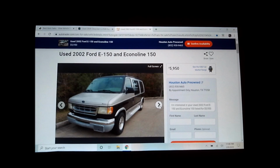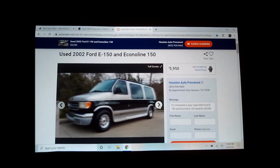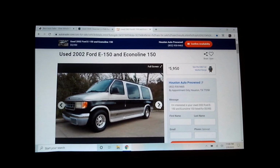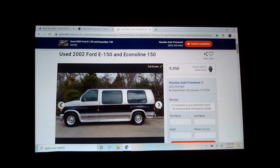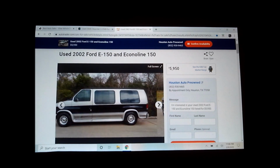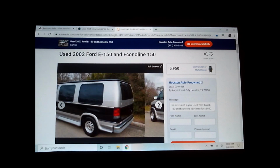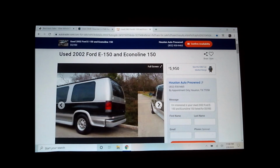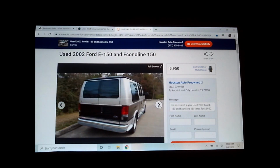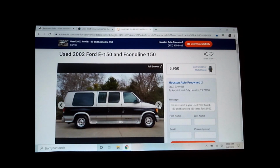This is the 4.6, same engine as the Crown Victoria and the Mustang, so I know this is a really good motor. A little underpowered for the Econoline. I believe it's only 215 horsepower, and I think it's 310 foot-pounds of torque, so way less power than the V10. It's giving up 85 horsepower and 100 foot-pounds of torque to the V10, but I can't find the V10 in this configuration, like the really nice